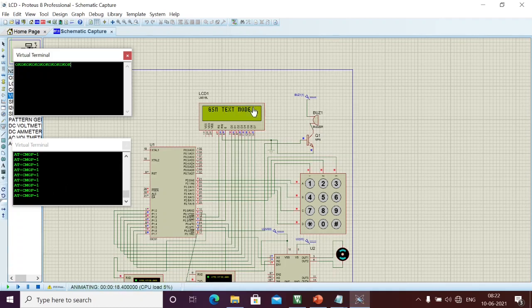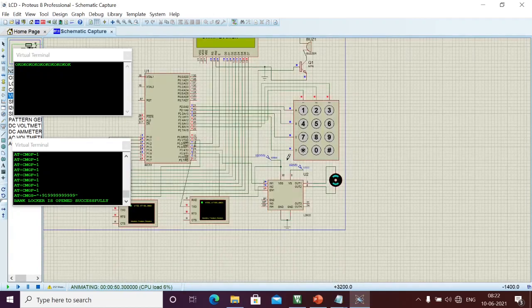Now we are in the text mode, and after that we should enter the password 1, 2, 3, 4. Now it will send the message saying that the locker is opened, and after that it will try to open. See here, after the SMS is sent, the locker is opening. Again, the locker is closing, and it comes back to the same position.